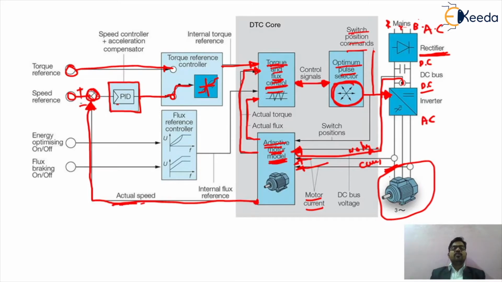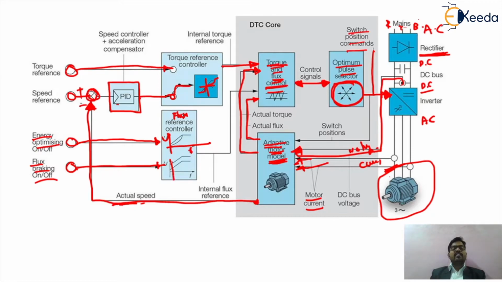So as we know, if you want to get the flux control, we have the flux braking circuit, which will be in on and off condition. Similarly, we are giving another input, which we call the energy optimizing switch. We are giving these two inputs to a very important block, which we call the flux reference control block. In the flux reference control block, we are giving the value of your flux, that is ψ(t), with respect to time t.